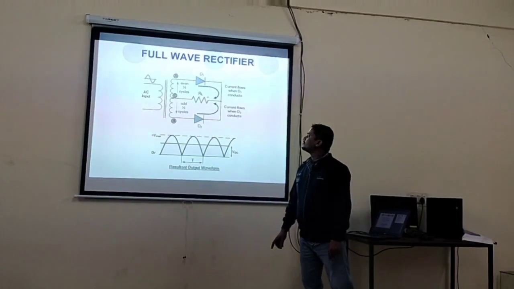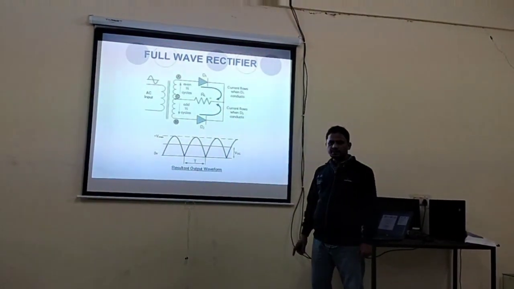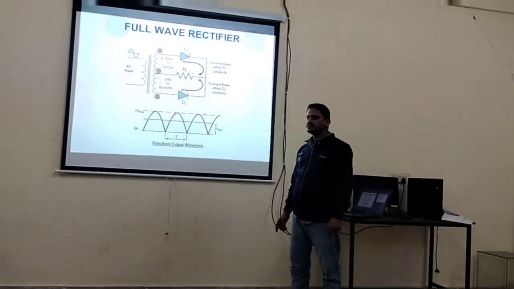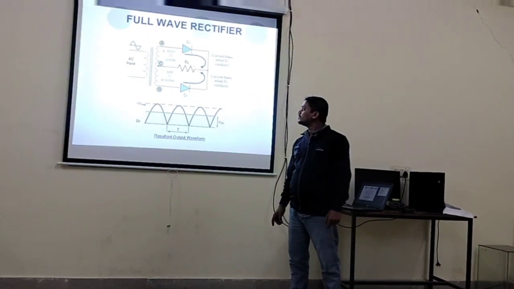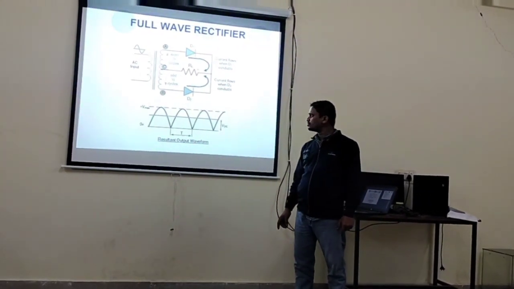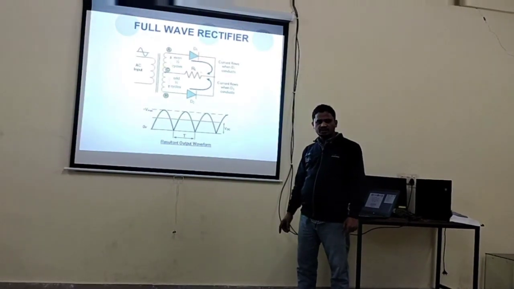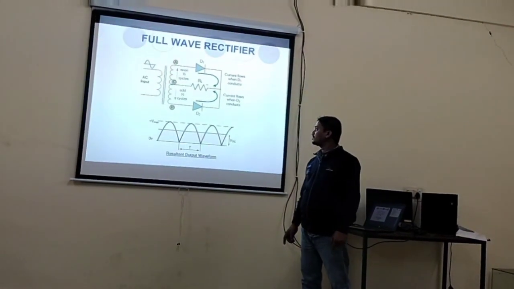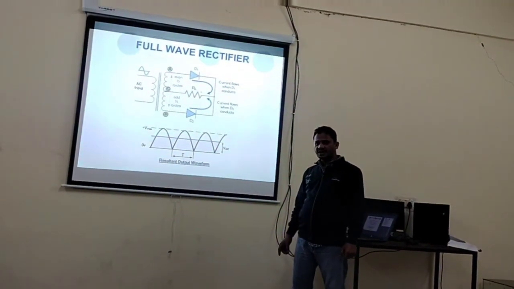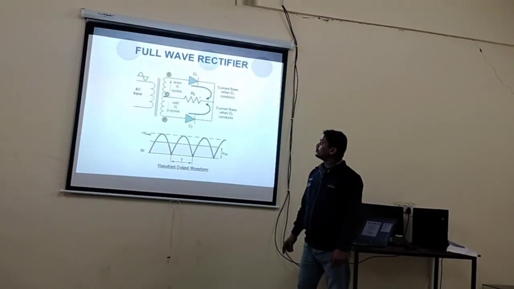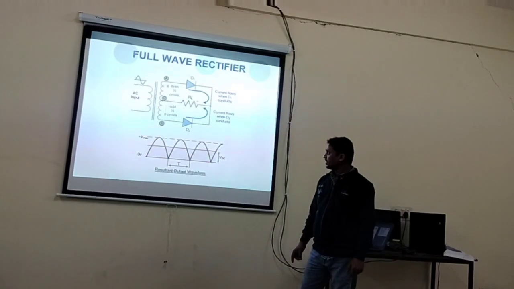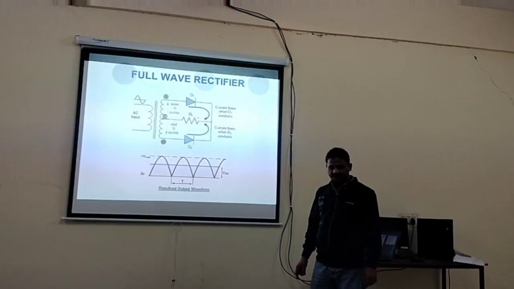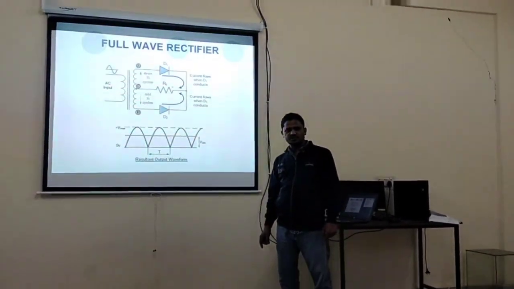Next, this is the total circuit diagram of a full wave rectifier. In this diagram, two diodes are used, and one step down transformer is used. The same AC input signal is given to the circuit, and one load, the RL load, is present between diodes D1 and D2. Why is it called so? This RL load is present at the center of the two diodes. It is a full wave center tap rectifier. What is a full wave center tap rectifier? Why is it called center tap?